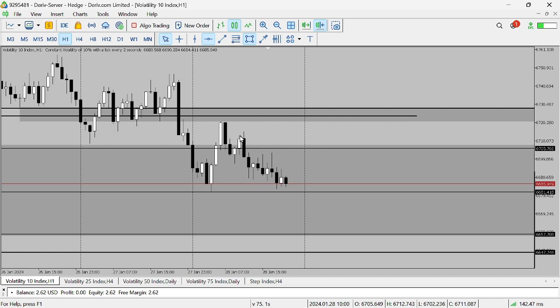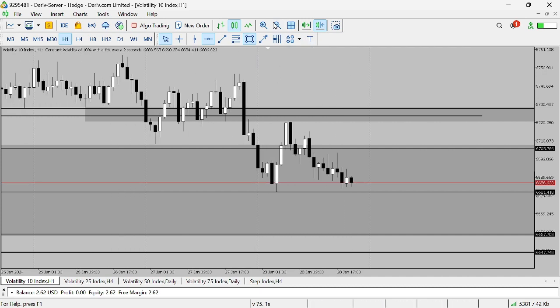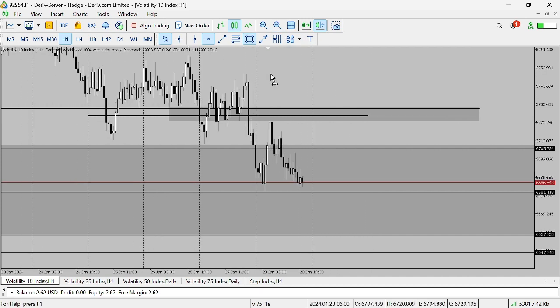But in a situation where everything is in line, you have a clear bias for the week and direction, when you get the entry, you can risk your max and hold it all the way to the weekly draw on liquidity. Okay. So we are done with verse 10 on what you want to see or expect for the week. If you have any questions, you can ask me. If not,